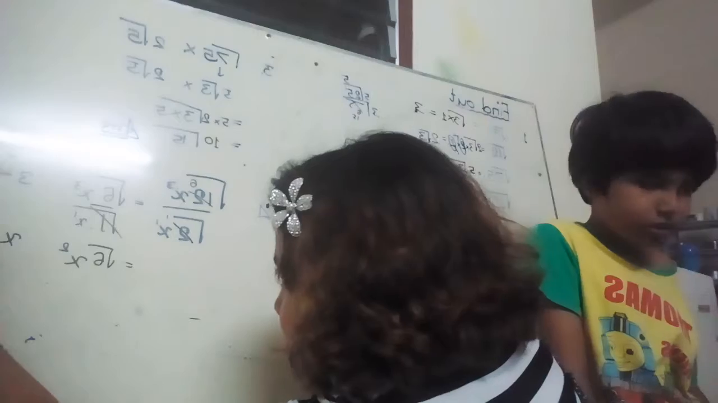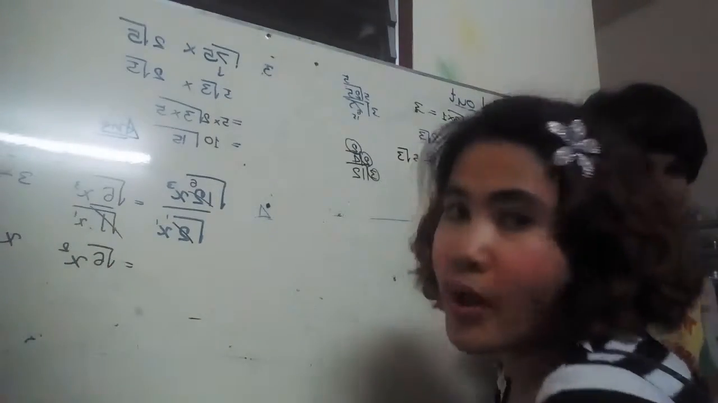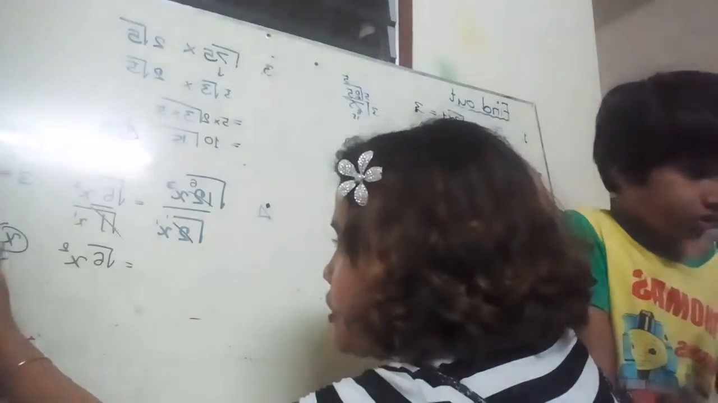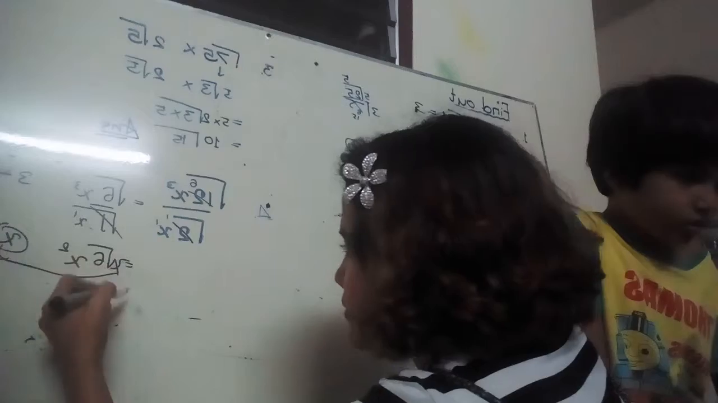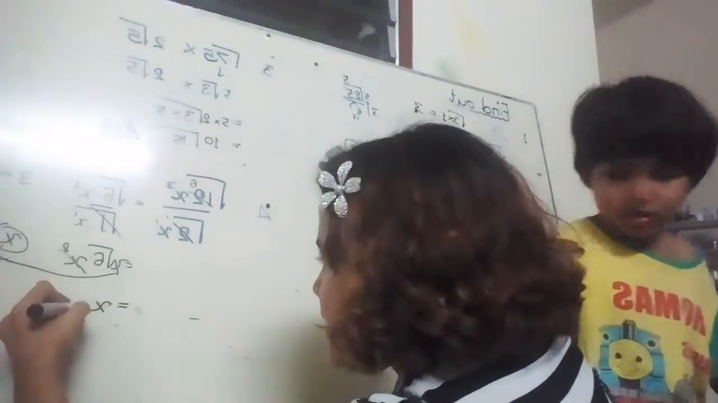x squared is x times x. As I told you, if you have two figures the same, you put one in the front and cancel. So the answer is x the square root of